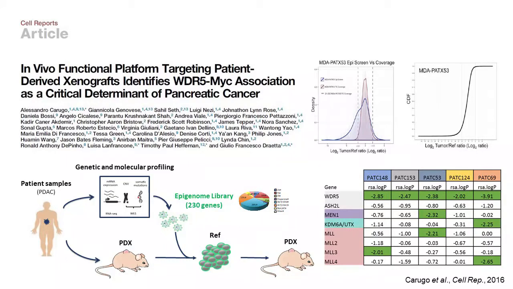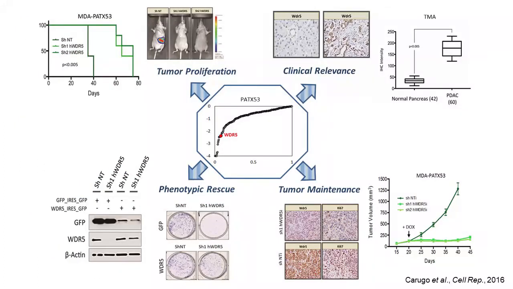So one of the early manuscripts published in 2016 by Ali Carugo highlights utilizing this approach to identify and inform on WDR5 and its association with MYC as a critical determinant in pancreatic cancer. And this is an original screen performed using an epigenome library of 230 genes, whereby we're able to identify WDR5 and other targets as an oncogenic dependency, and subsequently reinforce this with the clinical relevance, establish its role in tumor maintenance, rescue the phenotype, and of course, compare survivability. So along with this,